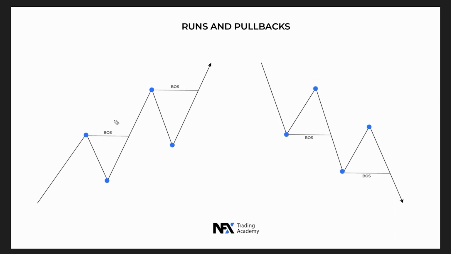So every time a new high is being created, a new run in the market comes, then we can expect a pullback phase. Pullback phase in order to retrace, mitigate some of the areas, imbalances, POIs, supply or demands, doesn't really matter, in order for price to gain liquidity to start the next run to the next high or low, to the next break of structure in the market. If you understand these two simple concepts, then market structure is going to become way easier and you can start trading high quality setups while avoiding unnecessary losses.